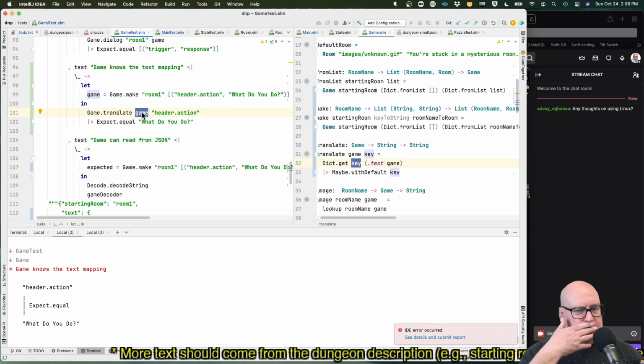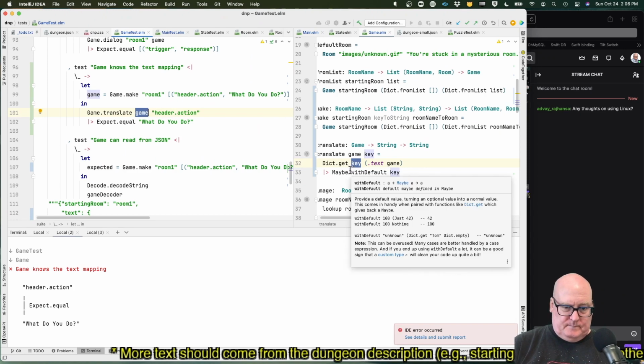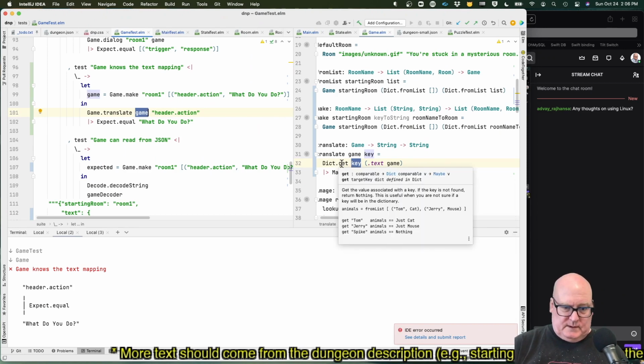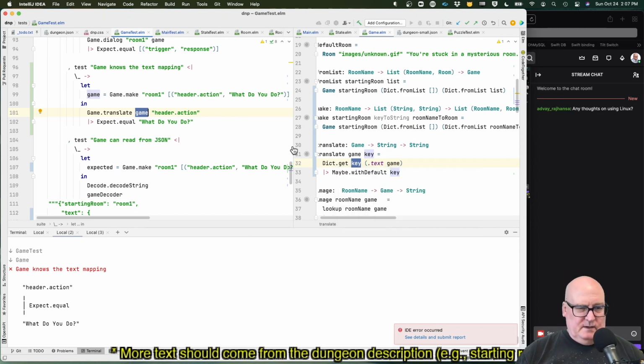I am not quite sure. Normally you pass the key, then the dictionary. So translate. Dictionary get comparable, and dictionary gives a maybe. All right, so translate.